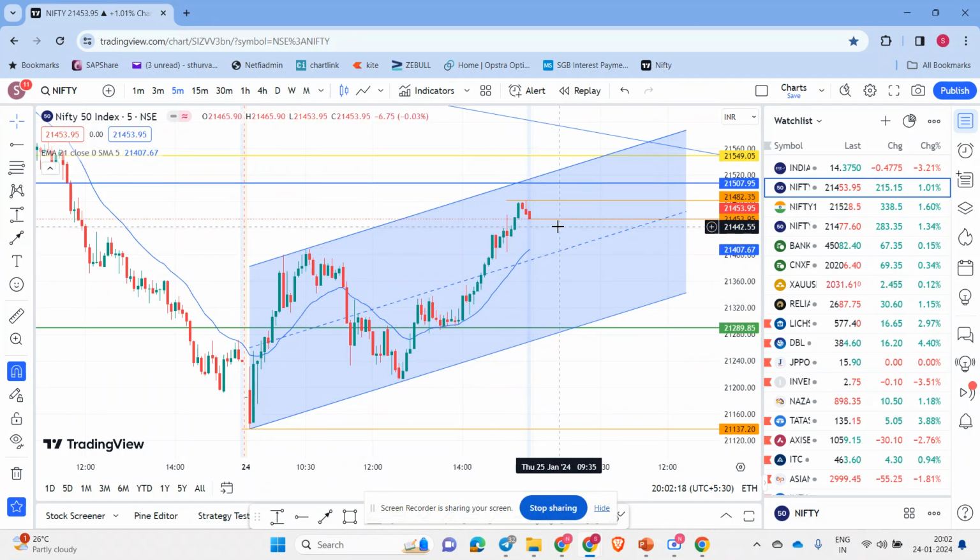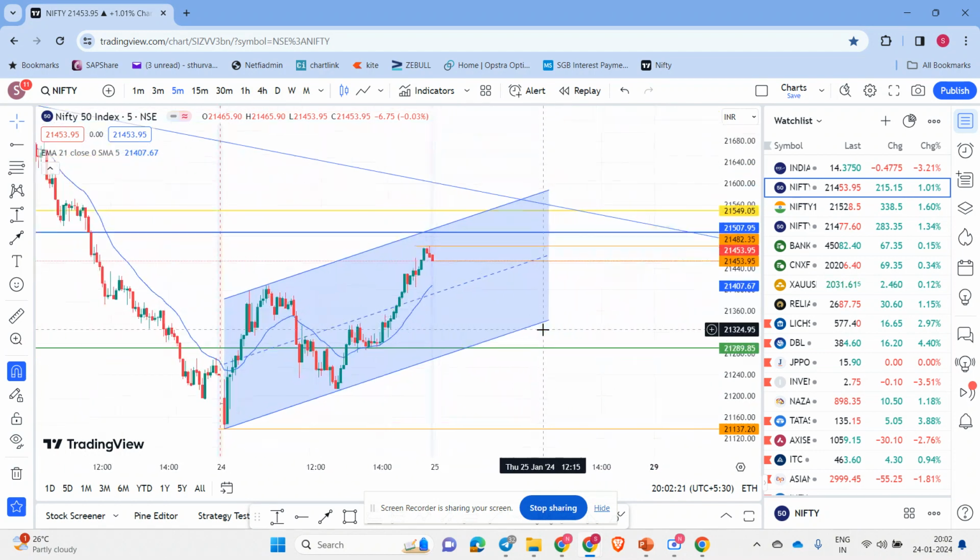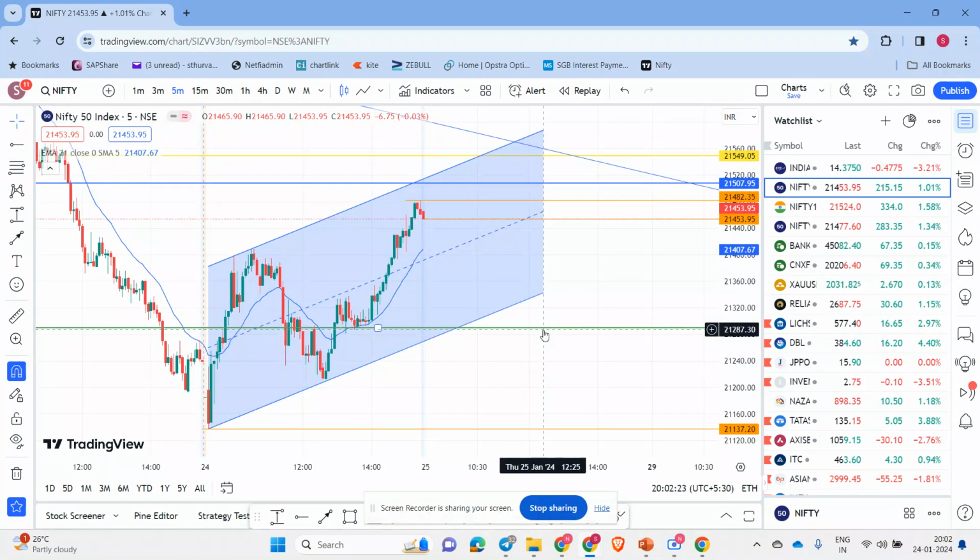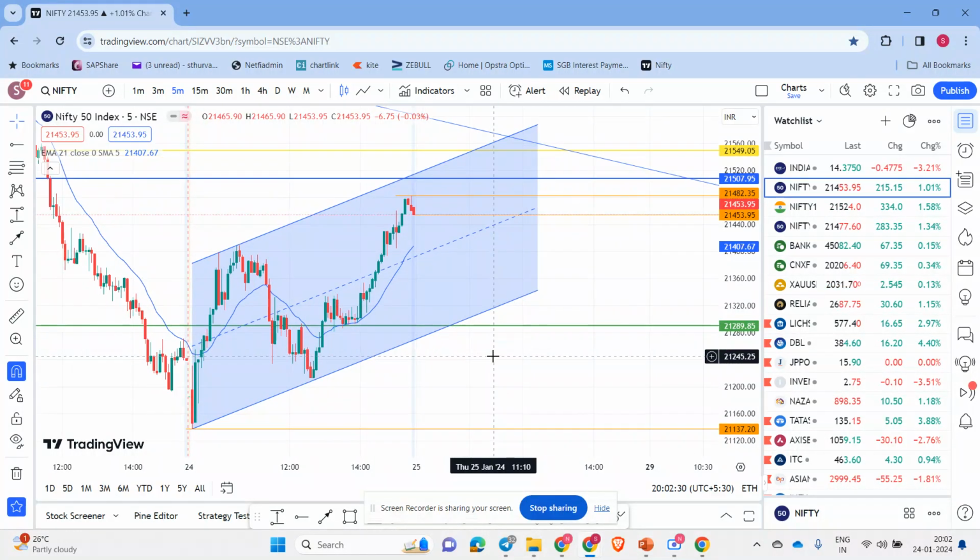So it is against the trend, and we could not do the trade today. No trade is taken because it is not as per our plan. What we can expect from the market tomorrow is that it is now traveling in the channel. The market is trying to go in the channel,